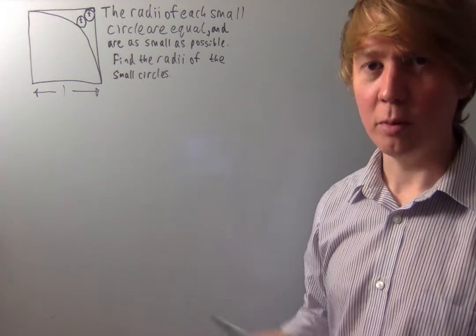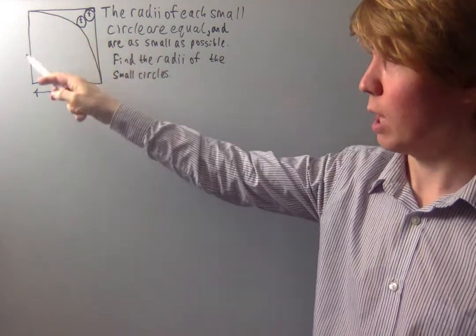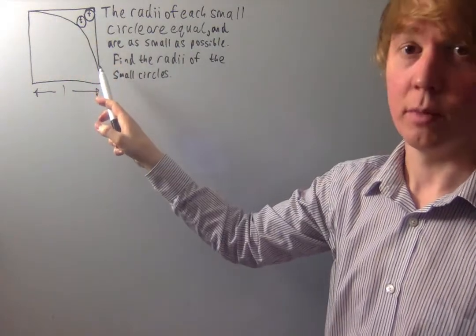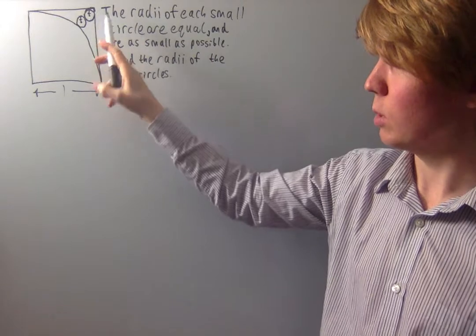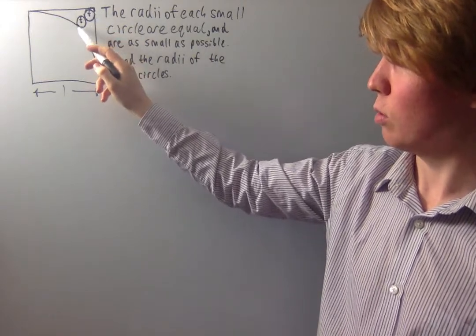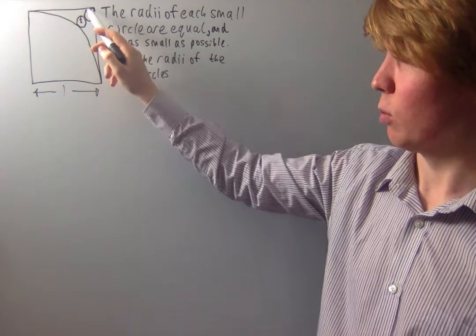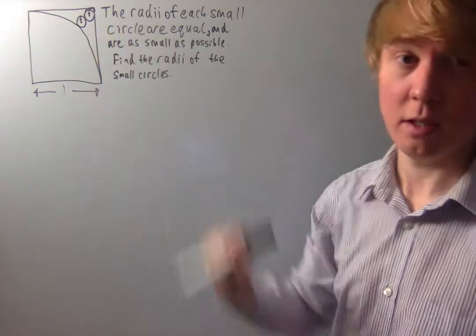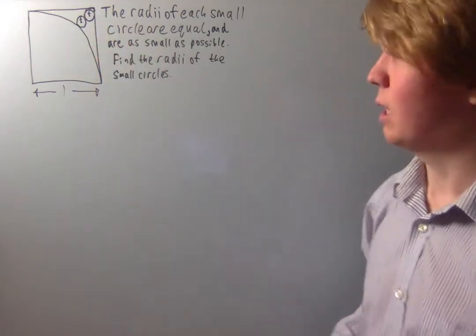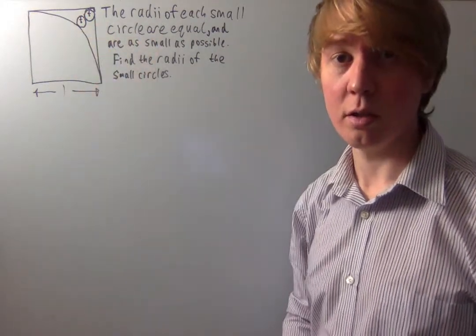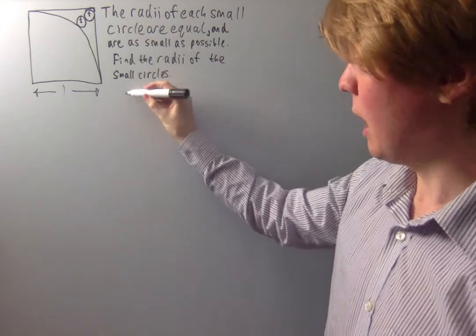Okay, so we've got a problem here with a unit square, and in our square we've got an arc from a unit circle, and then also embedded within this, tangent to the arc and the other circle, we've got a little circle here. We've got another circle here which is tangent, just touching the sides of our square. And we've also set this up so that these two small circles are as small as possible, and what this